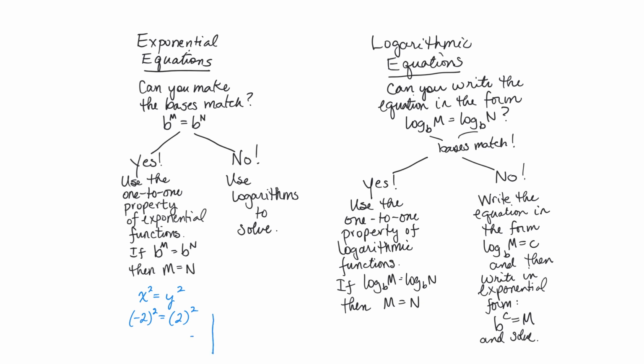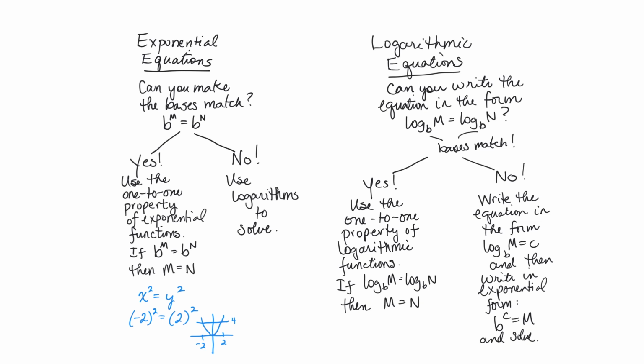Just because I know that the outputs of a function that is not one-to-one are equal. In other words, they're both 4, right? I don't know which of those two inputs, negative 2 or positive 2, got me that value of 4, right? So just as a contrast to what it means when I say, because it's one-to-one, I can be